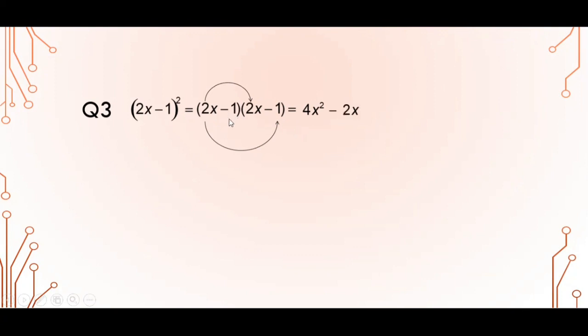Now we multiply the second term by the first of the next one. So minus 1 into 2x is going to be minus 2x again. And minus 1 into minus 1 is going to be plus 1. Done. And then we add the like terms. Now two negatives we add, so we actually add the coefficients. Just recall the addition of algebraic expressions. So minus 2 and minus 2 is minus 4. So that is how we get 4x square minus 4x plus 1. Got it?